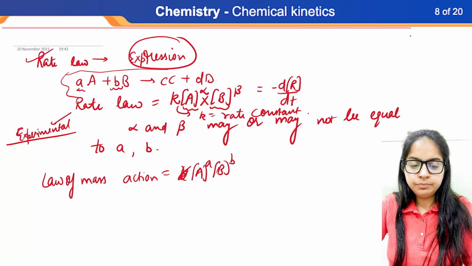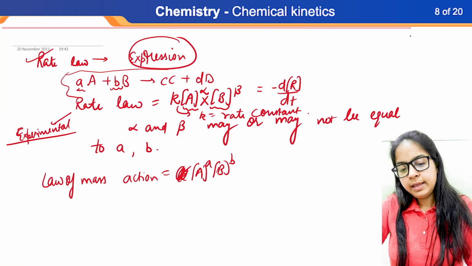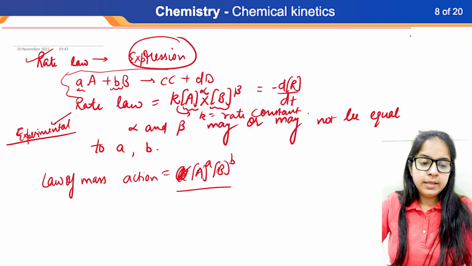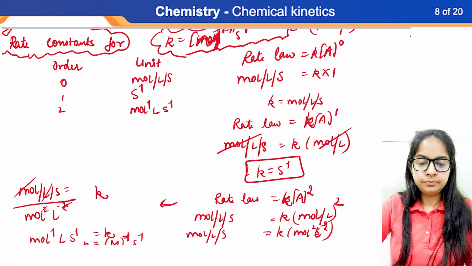Sorry, not k. The law of mass action is equal to A to the power a, B to the power b, which means this is exactly the same as the stoichiometric coefficients. Okay. Now the next one is